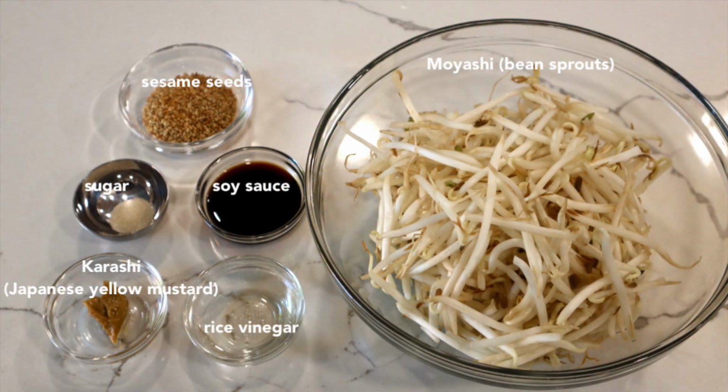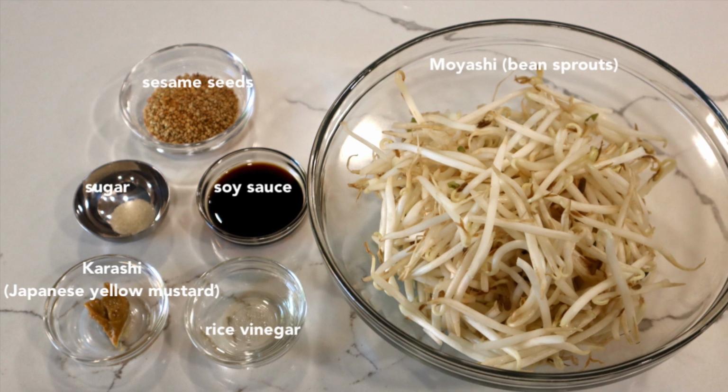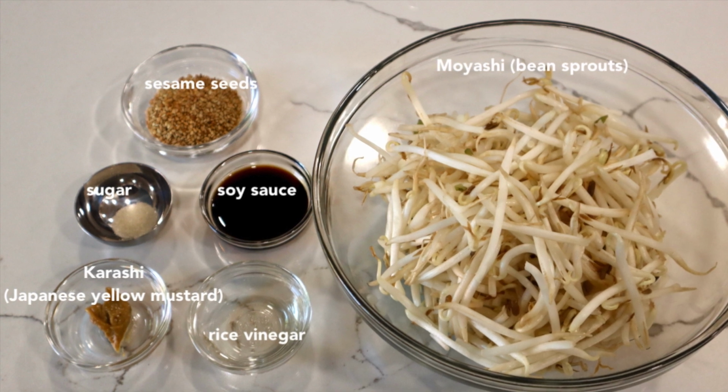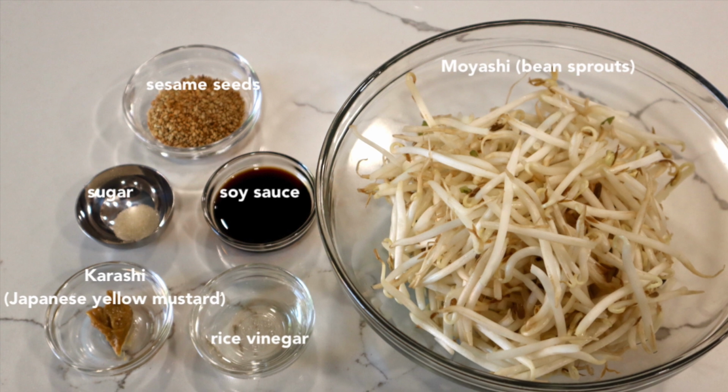These are the ingredients. Ohitashi means soaked. Cooked vegetables are marinated in some kind of sauce, usually soy sauce and dashi. Spinach ohitashi is more well known and popular, but today we are using bean sprouts and vinegary soy sauce with